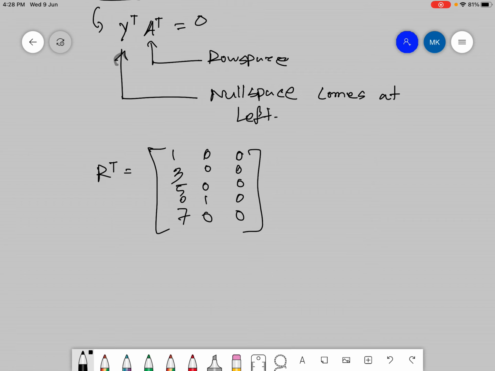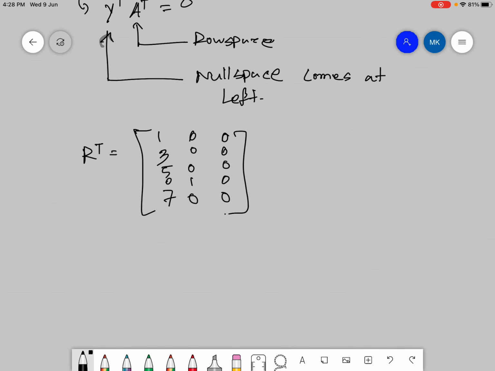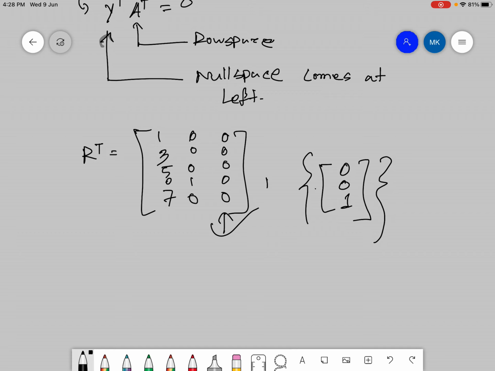So there is only one free column here, and for that free column you set this as 1, and what you will get is the null space for this particular matrix is 0 0 1, all the combinations of this one. Okay, or this can be written as this. So this is the null space of R transpose. Okay,